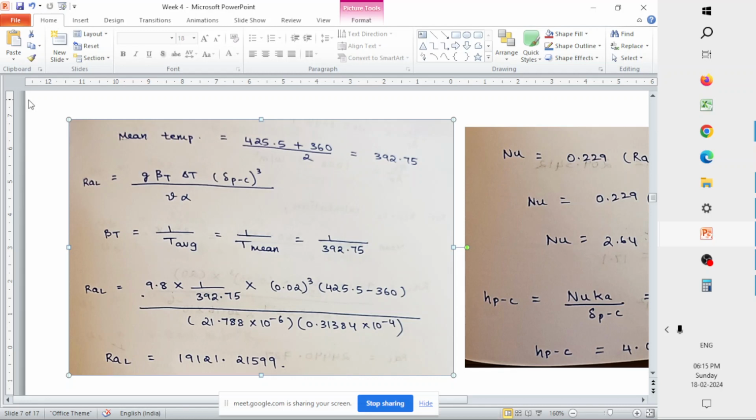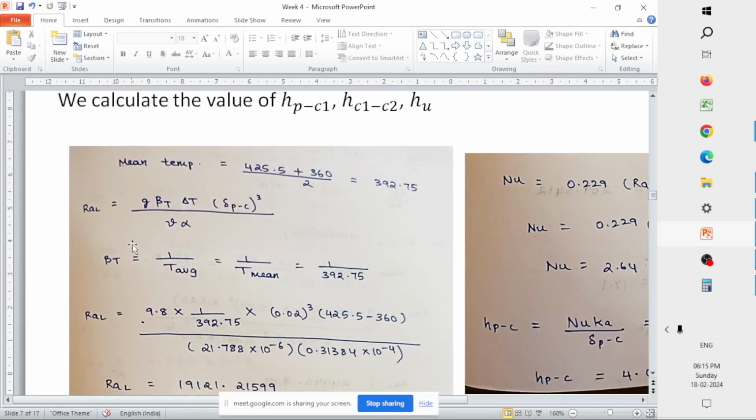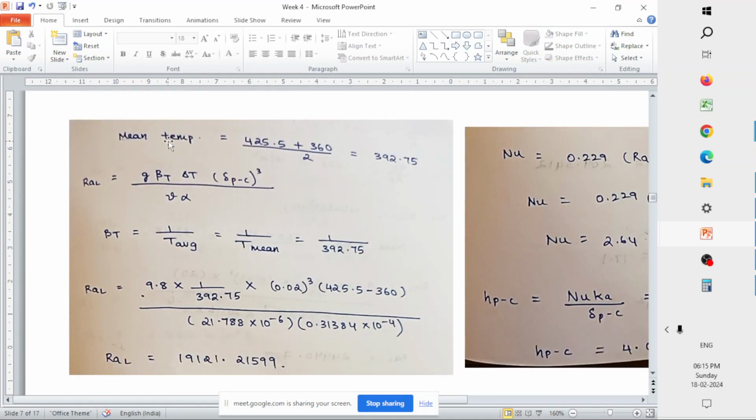So the amount of heat that gets diffused through your material is represented by the term alpha, called thermal diffusivity. So beta T is nothing but 1 by T average. Now what is the T average here? Before calculating this, you need to assume something. When you have to calculate all these things, your mean temperature, the heat transfer is between your cover 2 and